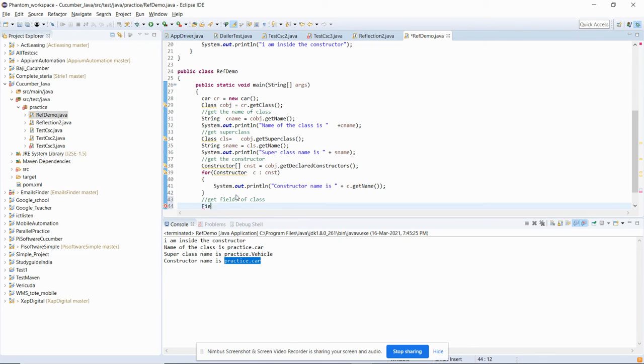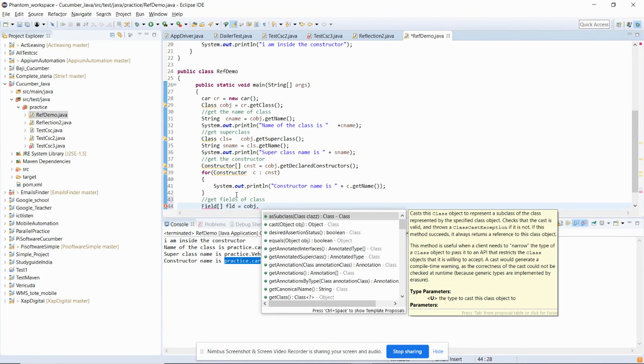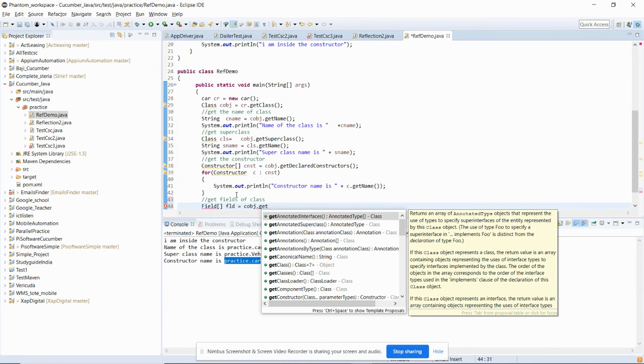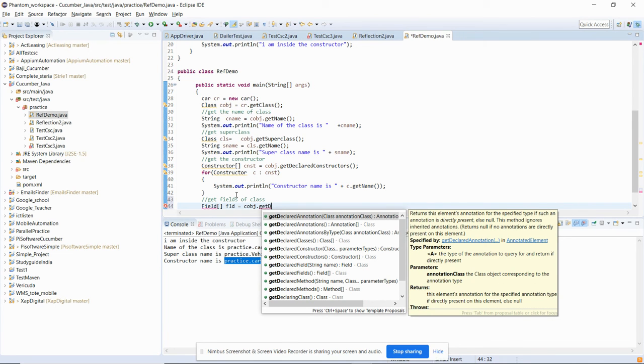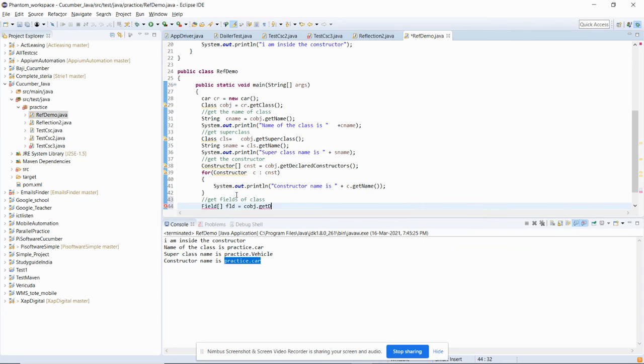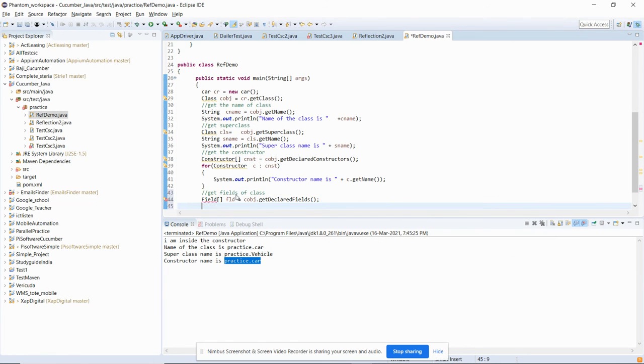Again we will use an array, let me give it the name fld, and I will again use the class object and call get declared fields. So you will get all the fields inside an array, and now we will again use the for loop, but one more thing, we need to get the name of the fields.